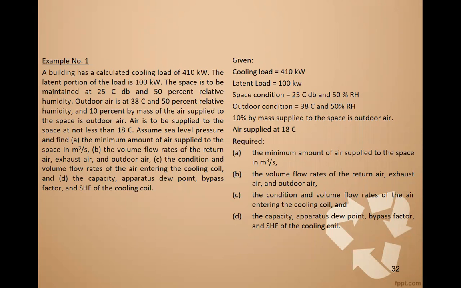Outdoor air is at 38 C and 50% relative humidity, and 10% by mass of air supplied to this space is outdoor air. Air is to be supplied to the space at not less than 18 C. Assume sea level pressure and find: A, the minimum amount of air supplied to the space in cubic meter per second; B, the volume flow rates of the return air, exhaust air, and outdoor air;